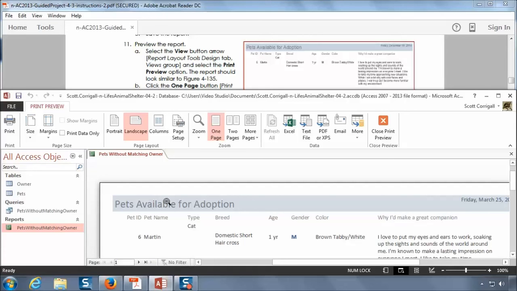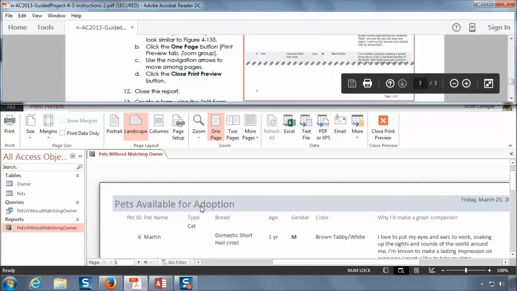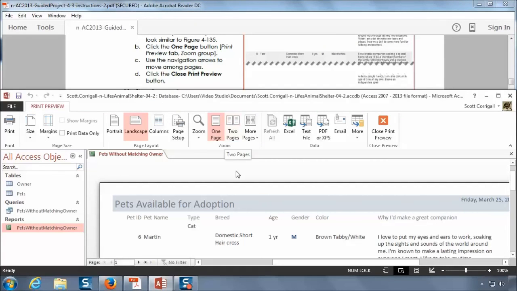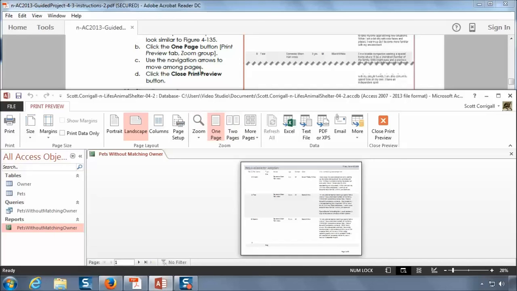So if this was the target for us, we wanted something that looks like this, and these are the defaults usually that most reports will have. Notice that there's a one-page button so that we can start viewing what we would have together. If I click the 2-page button, we can see multiple pages at the same time. We'll leave it at the 1-page button, and now